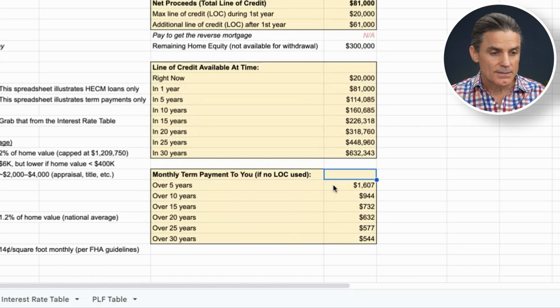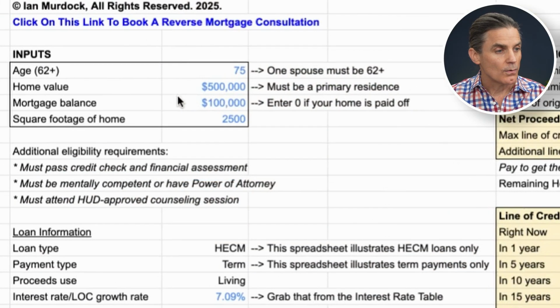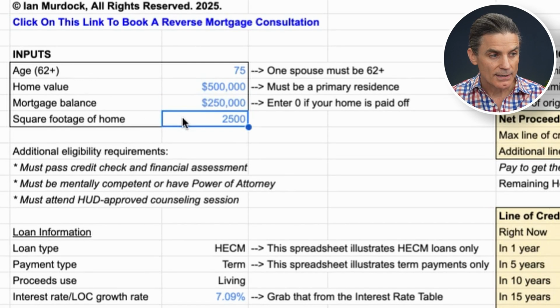The next box shows you that your monthly payment could be of some amount, in this case a lower amount because you have a mortgage balance to pay off, but still something that gets reduced over time as you try to progressively have it last for longer and longer periods of time. So let's look at the final scenario in which your mortgage balance is, say, greater than average at 50% of your home's value. Let's say you have a